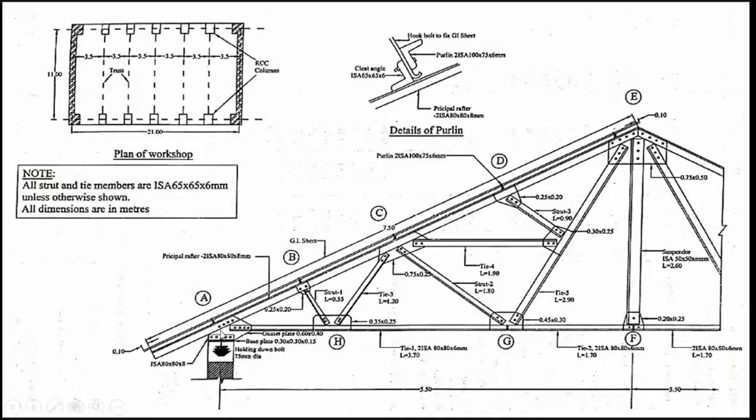Then next, compared to the previous problem, here they have given the joint namings like A, B, C, D, E, F, G, H. So it becomes easy for us to do the calculation. But in the previous example I had solved, it was not given like that. If you write everything on the sketch itself, it was a bit complicated in the previous example. So this is the half section elevation of the truss.